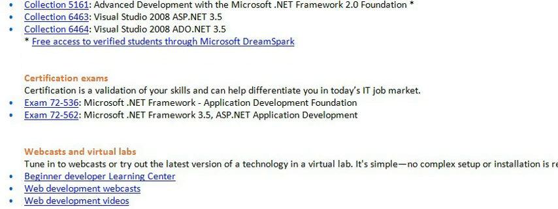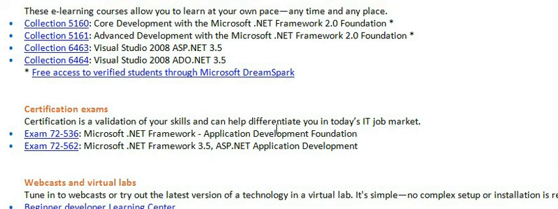Then as part of the webcasts, you can go through various virtual labs, various webcasts which are available on the same ramp up guide. You can find all those links like developer learning center, web development webcasts, web development videos on the same page. And except for the official collections that I talked about, everything is free of cost, and you can really utilize it well, provided you have a good internet connection at home or at school, at your college